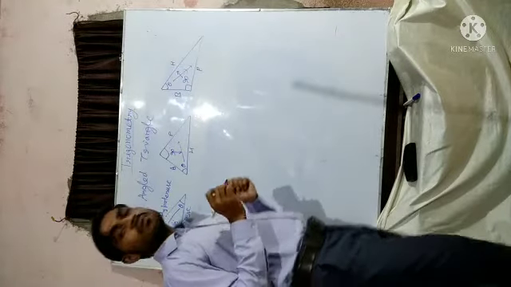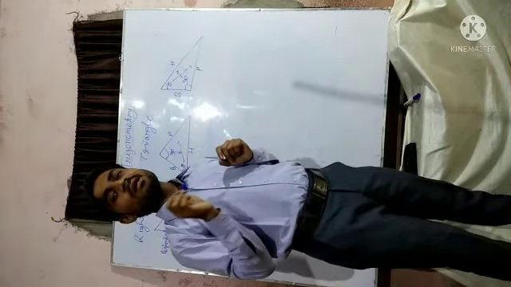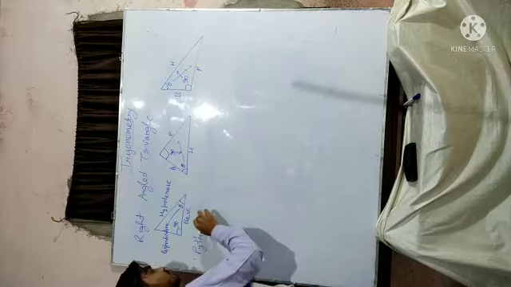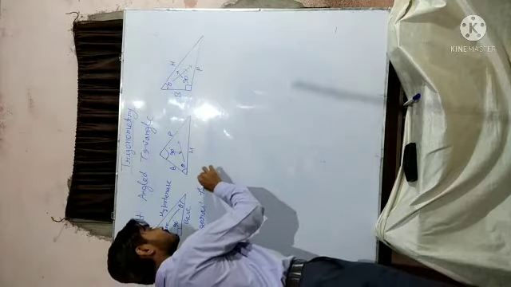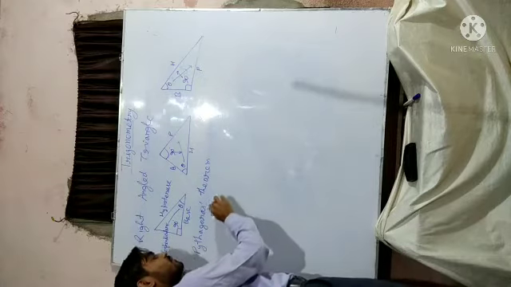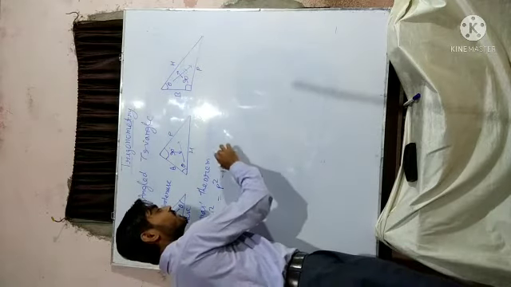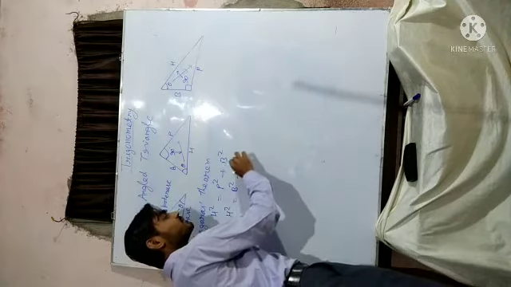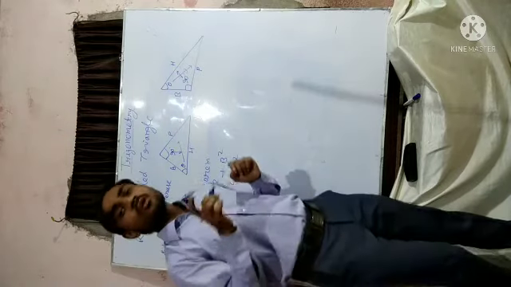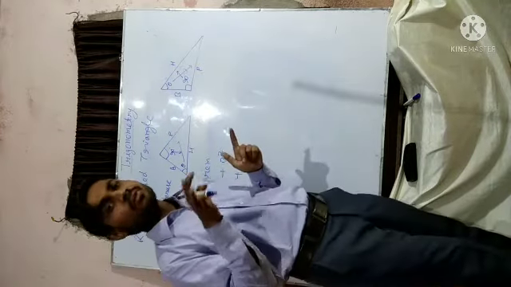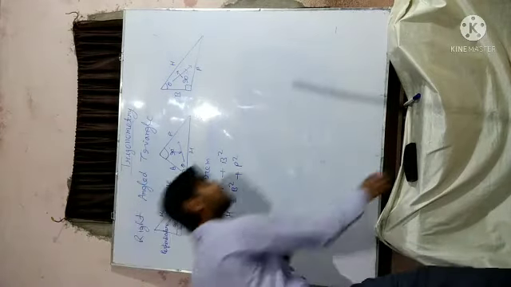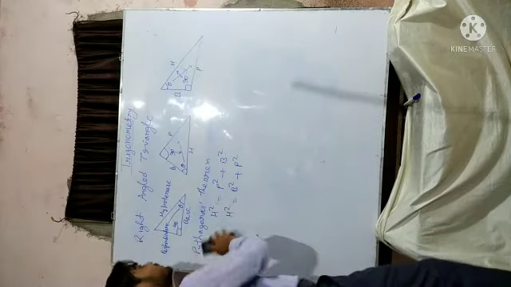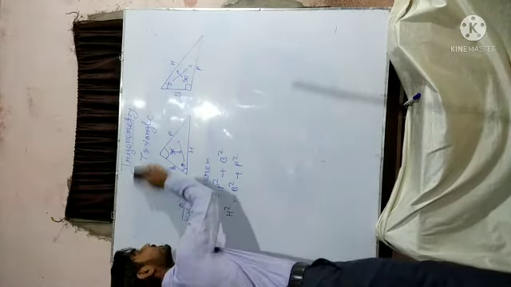So we understood about perpendicular, hypotenuse and base in a right angle triangle. So we know the Pythagoras theorem. In the Pythagoras theorem, hypotenuse square is equal to p square plus b square. We can also write this as b square plus p square. I can make you visualize this formula, but in the next class. Sorry for this. And next, let us discuss all the possible combinations of the ratio of sides of a right angle triangle.